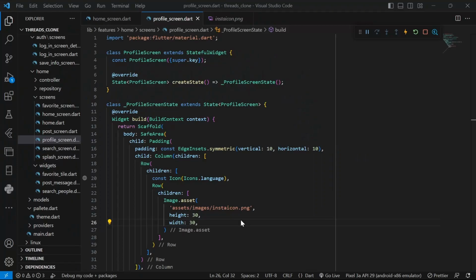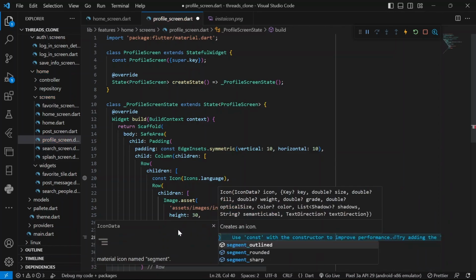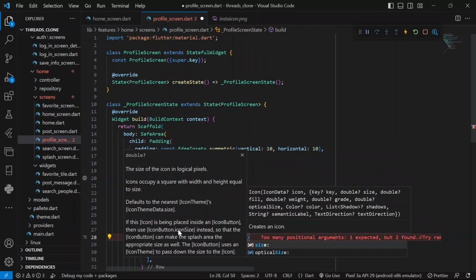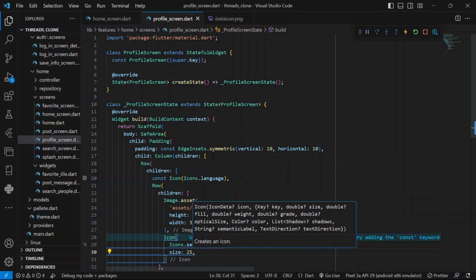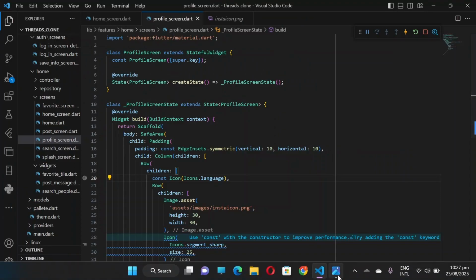And it's looking great. The next thing will also be an icon. It will be Icon segment sharp. Okay, maybe a size of 25. That's what we got. Okay, looking great. Okay, but when you check the original picture here, you see that there was a space here,